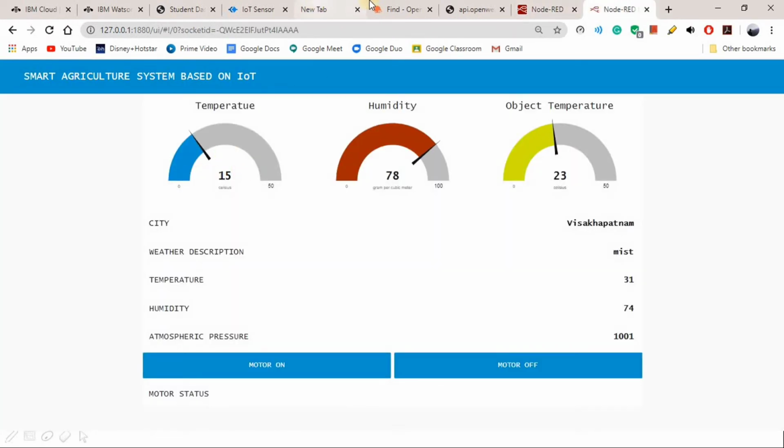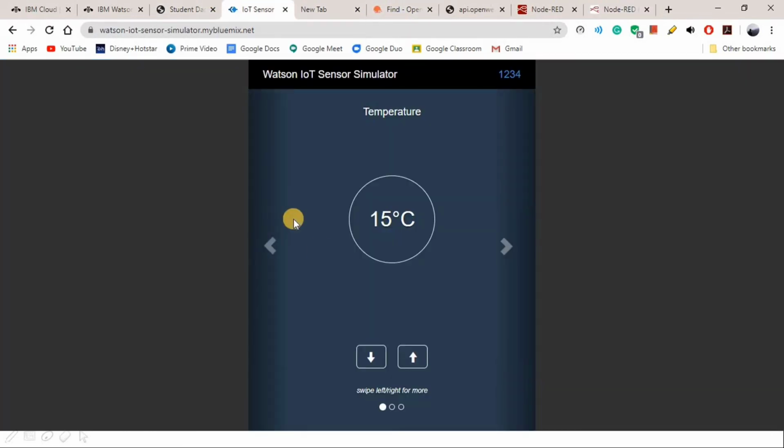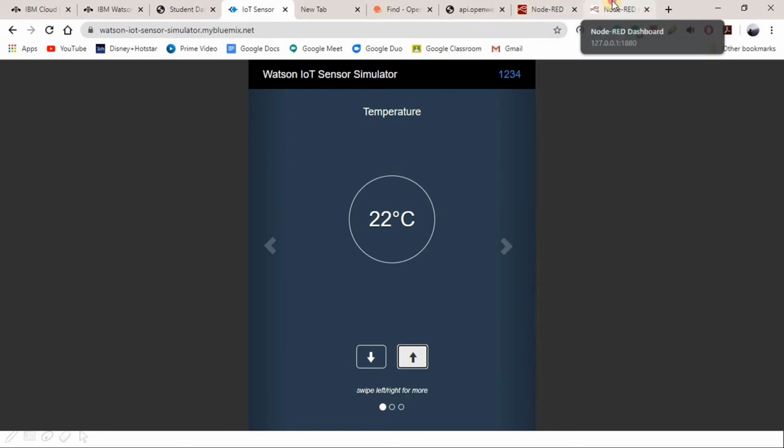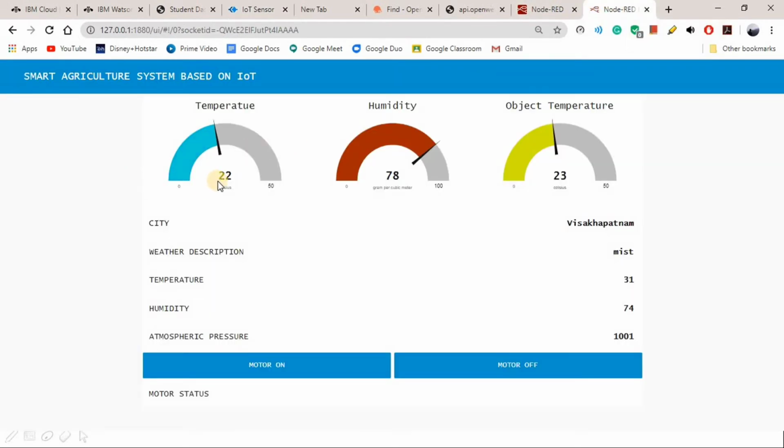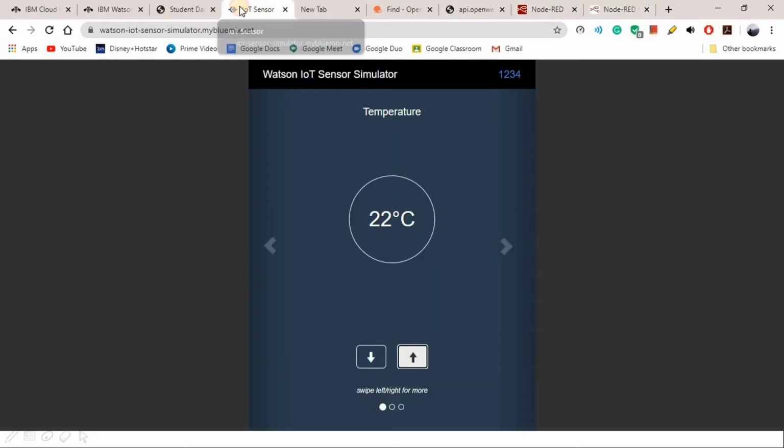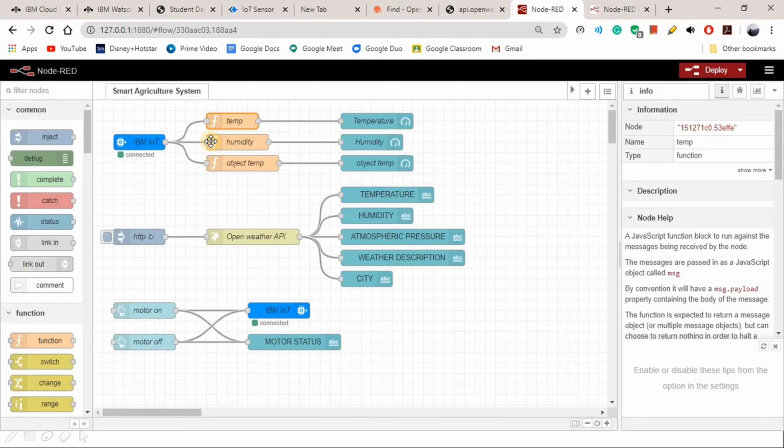It gets 15 degrees Celsius from the IoT sensor. Let's increase the temperature and check whether it is increasing or not. Yeah, it increased to 22. The IBM IoT sensor values have been imported in the Node-RED and implemented on the dashboard.